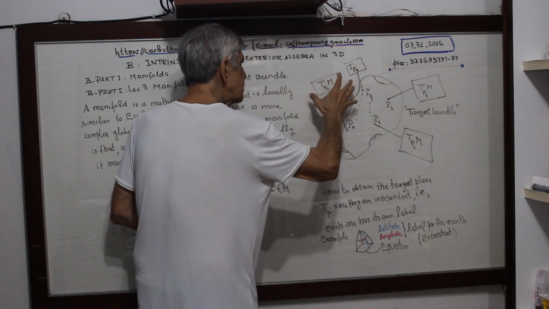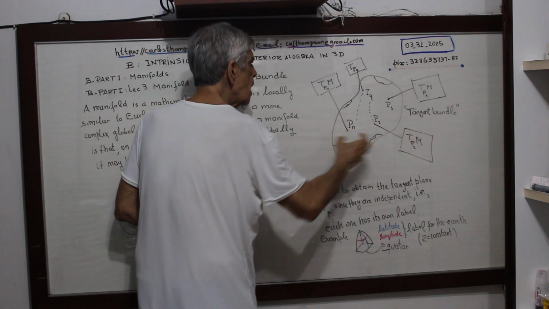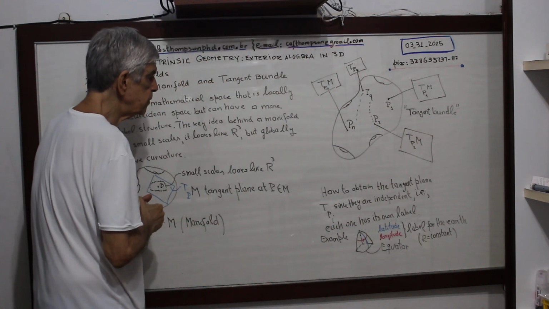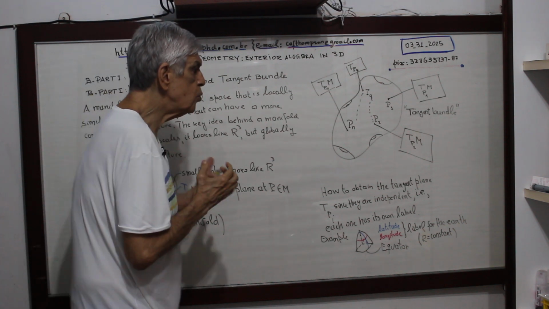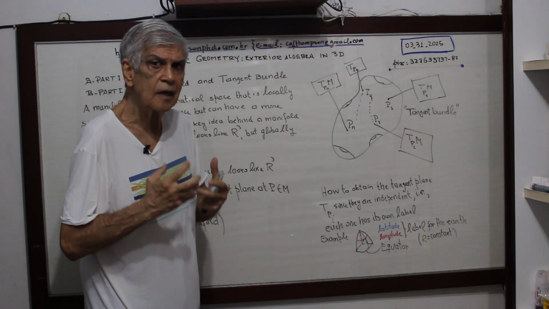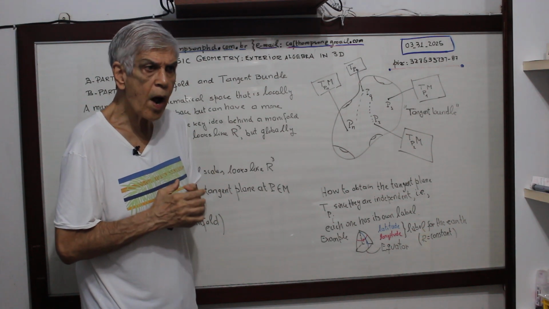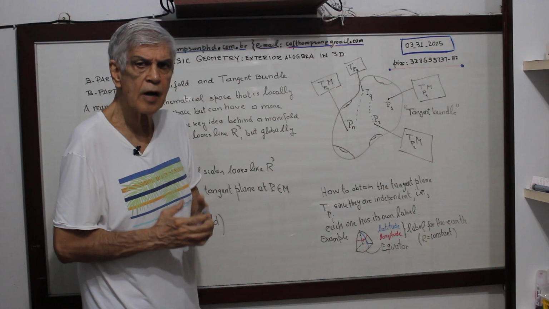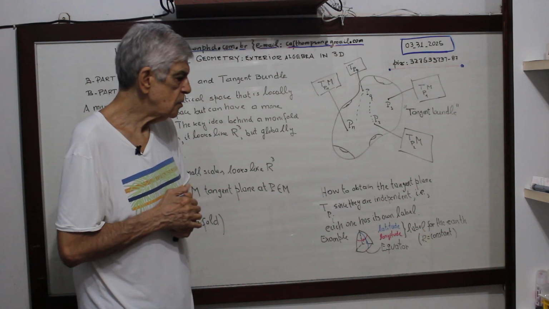And the set of all tangent planes is called the tangent bundle. So, tangent bundle. Now, for you to understand clearly why all these points over here are independent, you see,